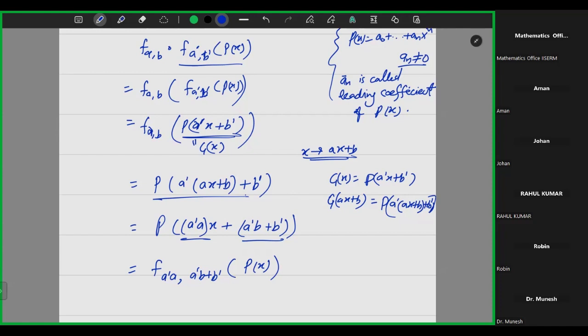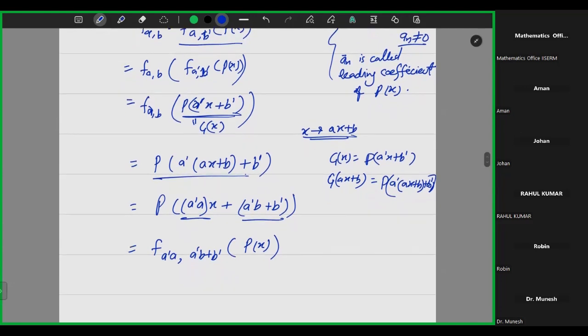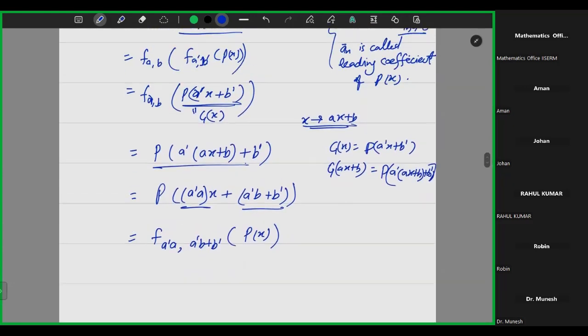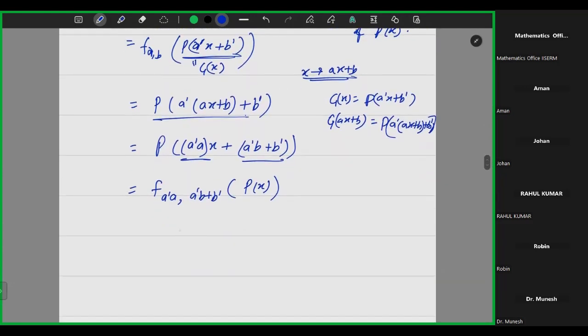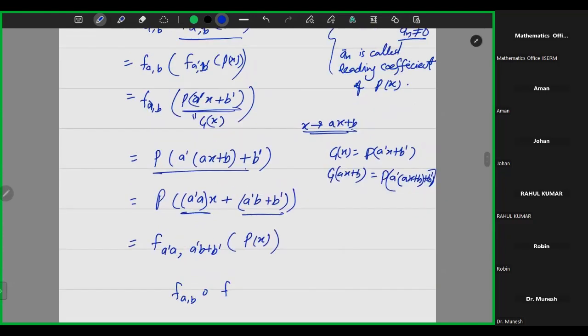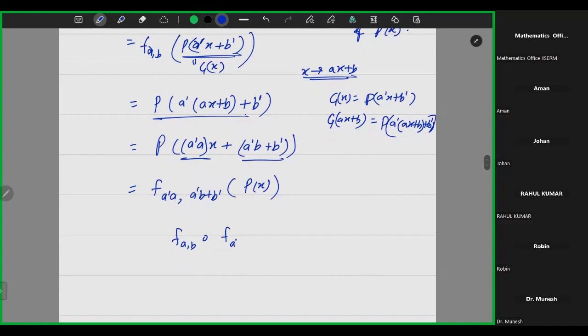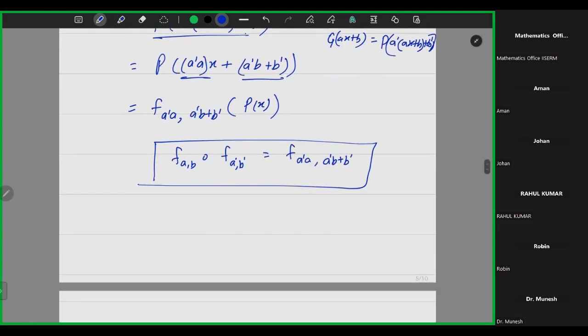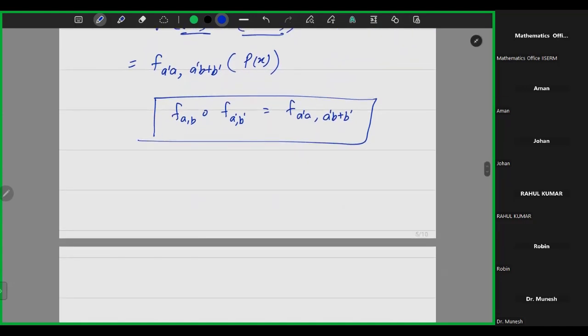So I hope you understand the composition. This is for random p(x). So f_{a,b} composed with f_{a',b'} is nothing but f_{a'a, a'b+b'}. This is our composition. So the next thing in the question, it said that